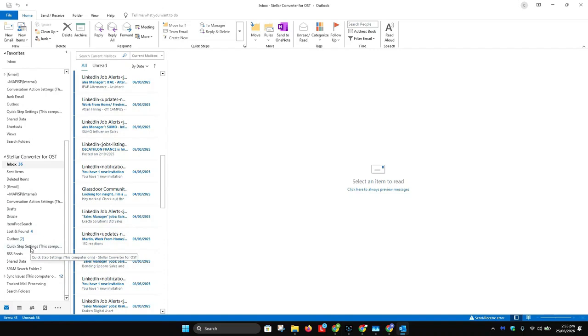This was all about how to use Stellar Converter to convert from OST to PST, and how also to open the PST converted files into your